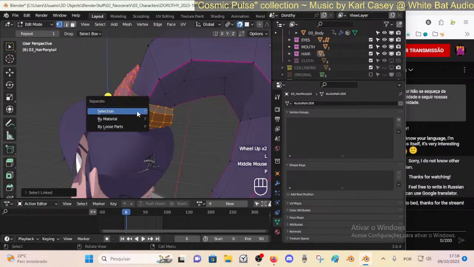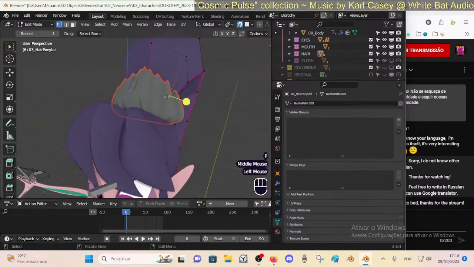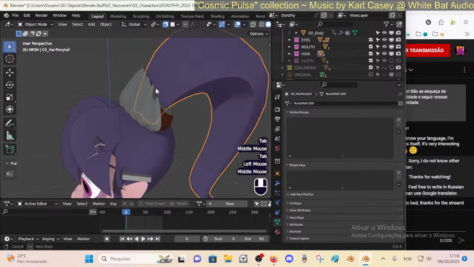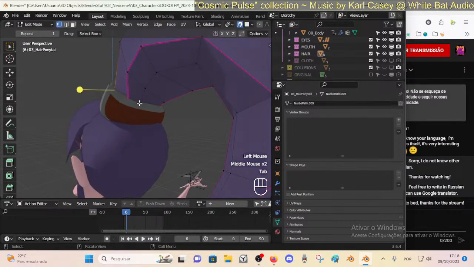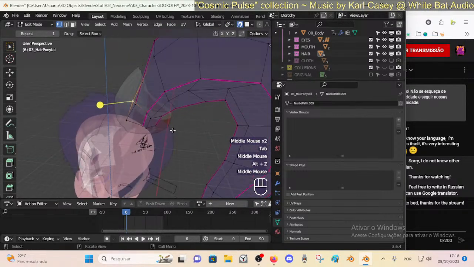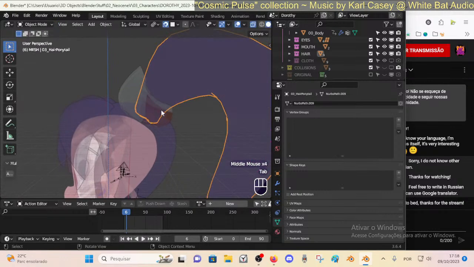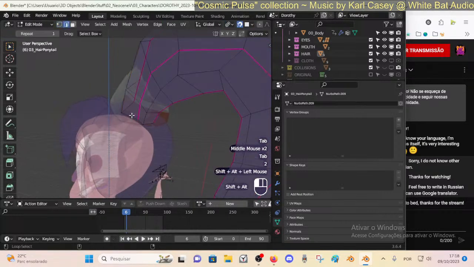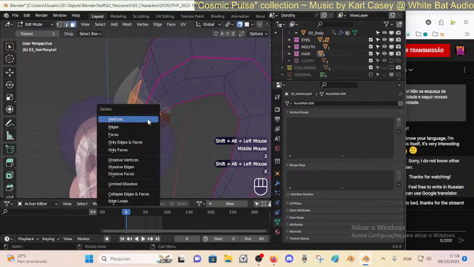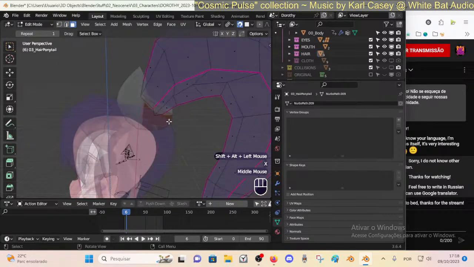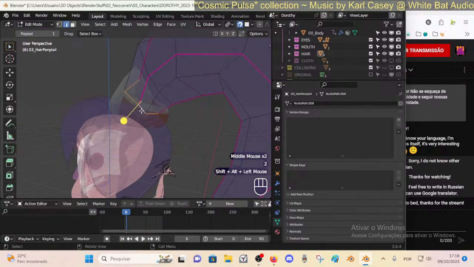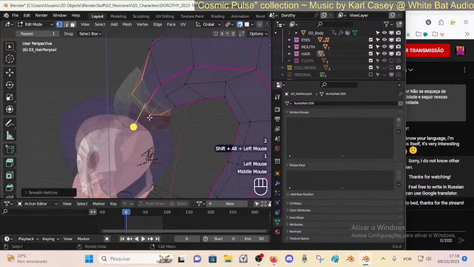Maybe I should do this at once, right? So let's separate here, and this will be a bit better to work with, I guess. Don't even know why I have these faces there for. We can probably just